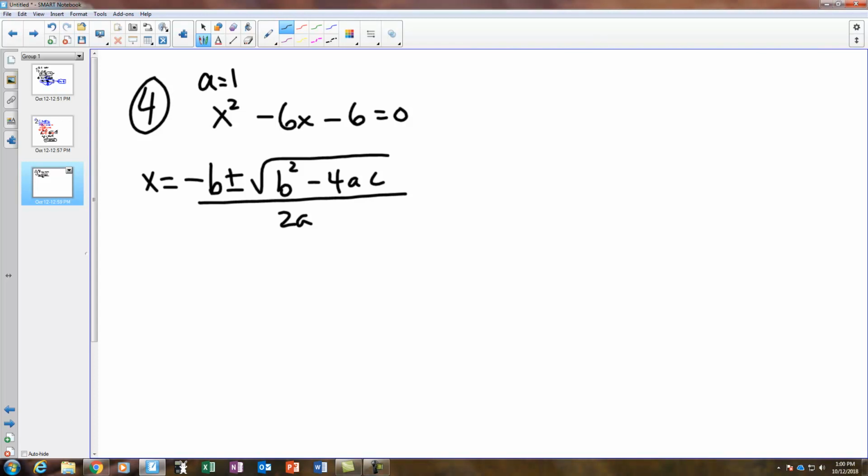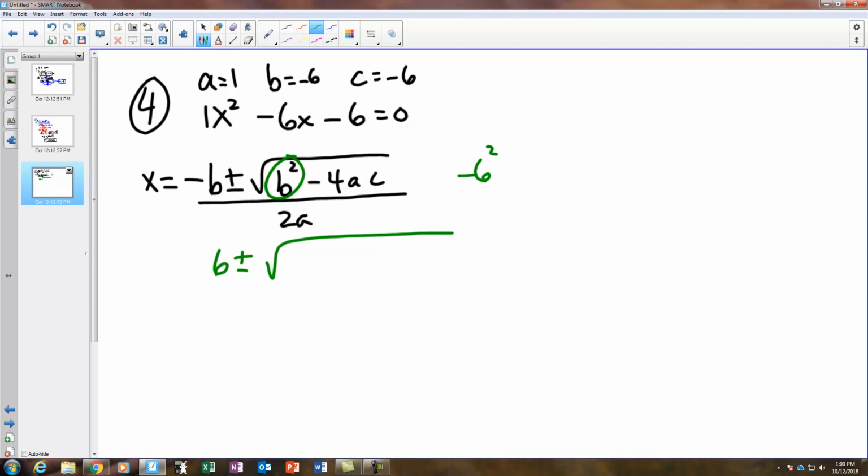A in this case is 1, because it's 1x squared. B is negative 6. And c is also negative 6, based on the order of the numbers. So when I say negative b, I'm looking at a positive 6 plus or minus the square root of. Now this is really important. If you write negative 6 squared in your calculator, it will be wrong. You would either have to use parentheses around the negative 6, or just ask yourself the question, what is 6